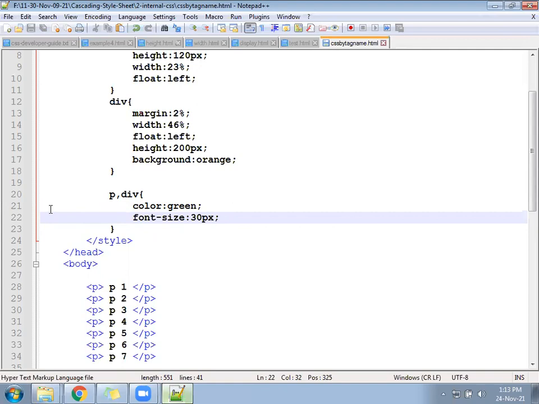Happening for paragraph also and for division also. So two concepts you remember: CSS by tag name, CSS by tag group.